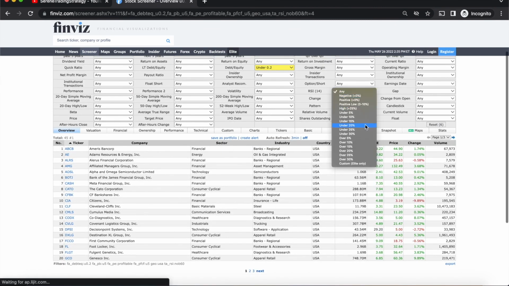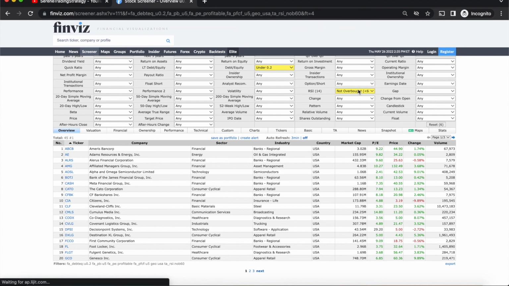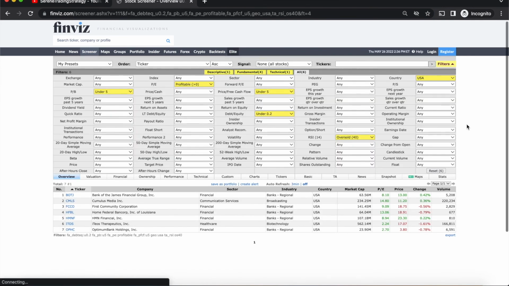So let's make it even more strict. The RSI filter, let's put it to actually oversold. Companies which have been just oversold. So let's see how many companies come up. And now you can see 7 companies are there. So now we are using the strong balance sheet criteria and clubbing it with a technical criteria that the RSI is oversold. So based on whatever strategy you want to create, you can club the balance sheet filter, the stock